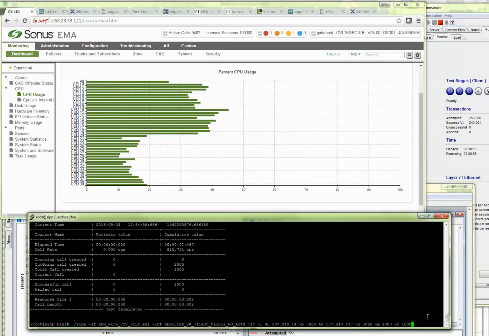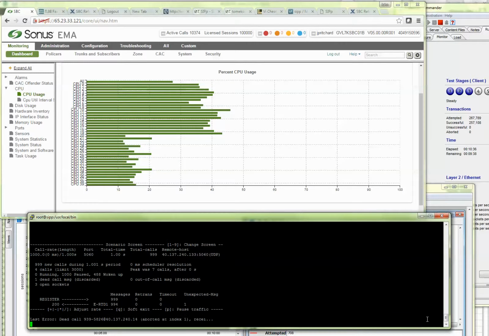So when I hit this, you'll see the screen change, and it'll take about, as you can see, previous test here, 2.5 seconds of elapsed time, which comes out to, according to this tool, 800 registrations a second. So we'll keep an eye on the utilization of the CPU above while we do this,